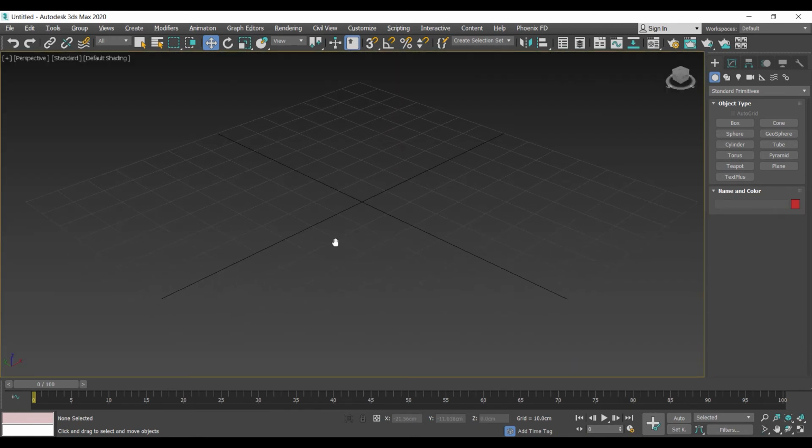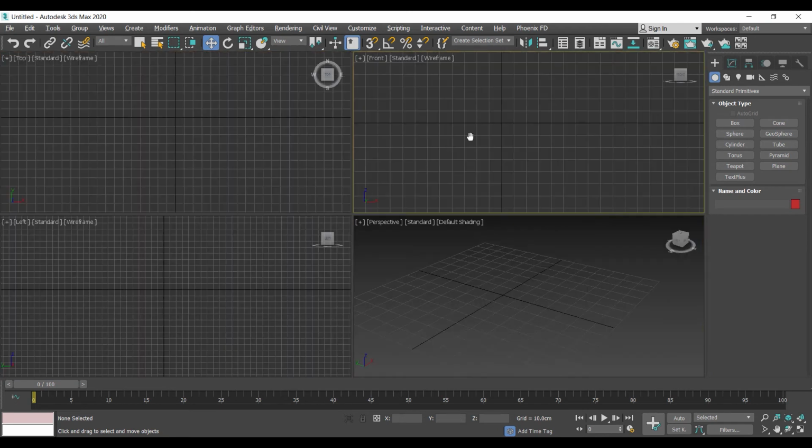How to navigate through 3D Max? First of all, it's always preferable that we have a 3-button mouse, which is a 2-click and a scroll wheel. To navigate in 3D Max, first of all, we have to pan, middle click and drag to pan, scroll in and out to zoom in and out, and Alt middle click to orbit.